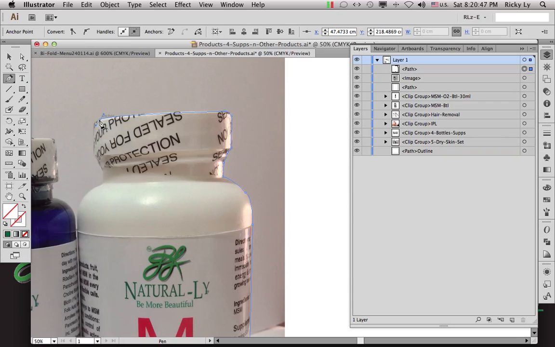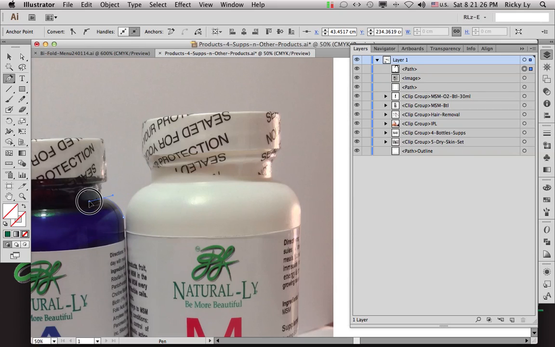Okay, I'm gonna click the option button on the keyboard and click on my anchor so I can have a starting point. Every time you have a handle, it interferes. I'm cutting off the handle. It interferes with what you want to do in your next anchor point. Okay, so right here, every time you drag, you're creating a handle that allows you to manipulate the